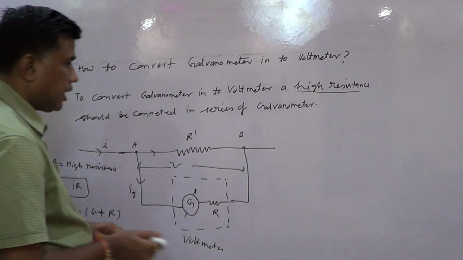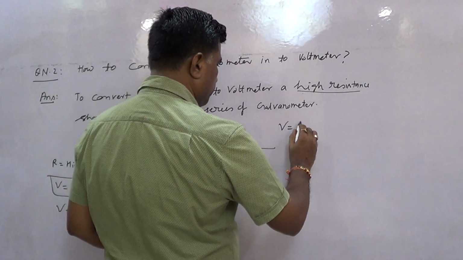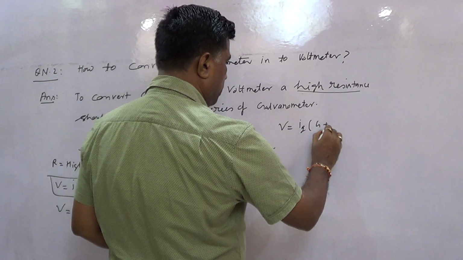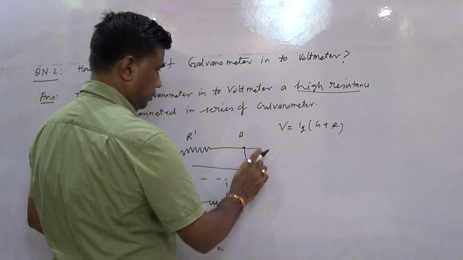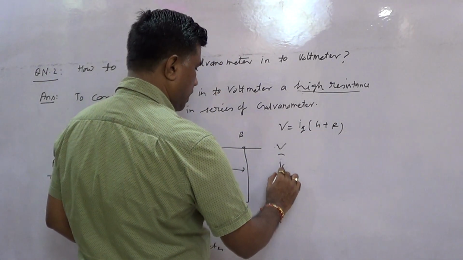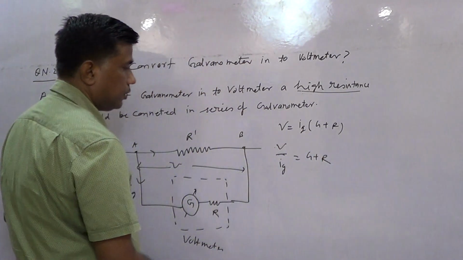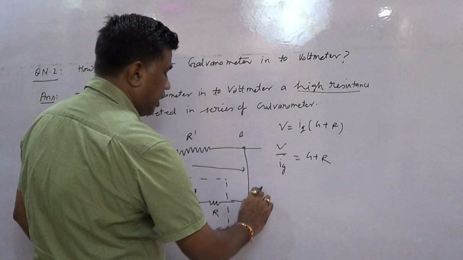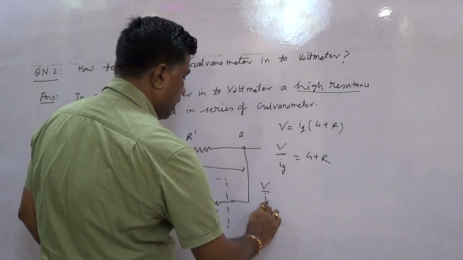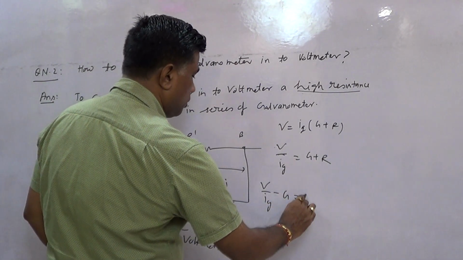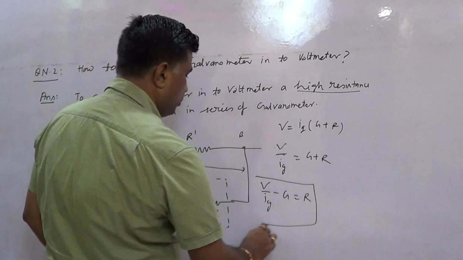So I can write this line once more. V equals Ig into the bracket G plus R. Now V by Ig can be written as G plus R. Take this G to the left side. So V by Ig minus G equals R. So this is the formula